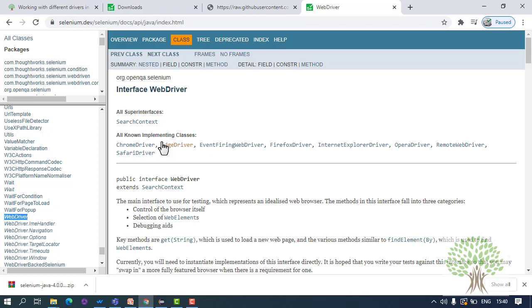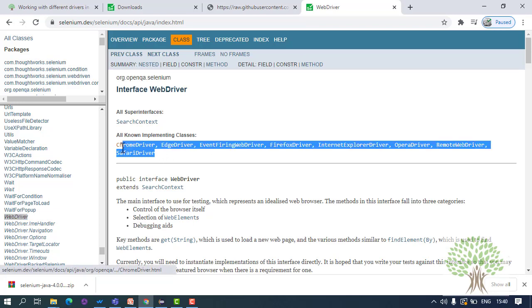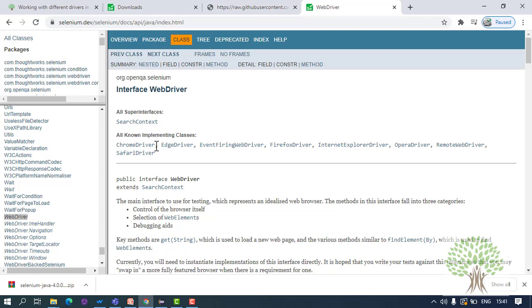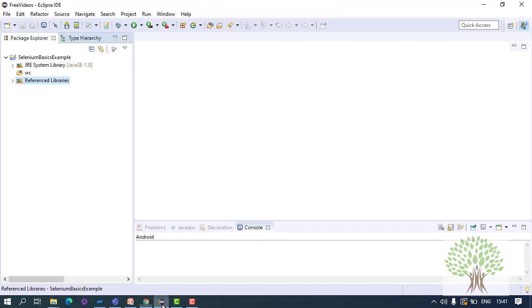Now these are all the driver classes which are there in Selenium, and each driver class represents a particular browser. For example, as the name suggests, Chrome driver, this class will help you to work with Chrome. Fine. So let us look at each of these classes one by one and see how to automate each of